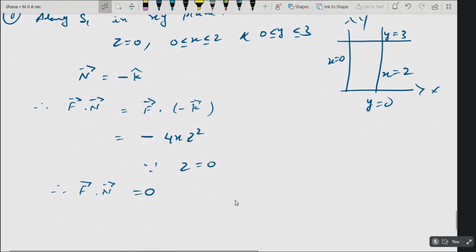Yes, ma'am. Okay, so therefore the value of the surface integral of f bar dot n bar dS will be equal to 0. Understood? Yes, ma'am. Okay, dS we are not touching because before itself we have got the value of this thing as 0. If there was something else, then we would have thought of projection and written this integral as a double integral and then solved it. But here in this case, f bar dot n bar is 0. Okay? Understood all of you?